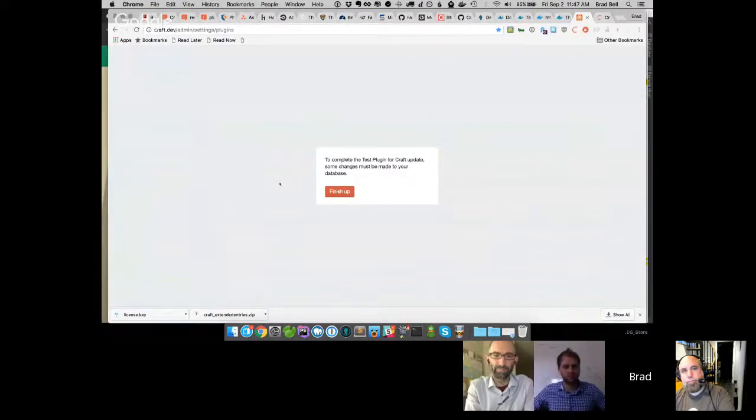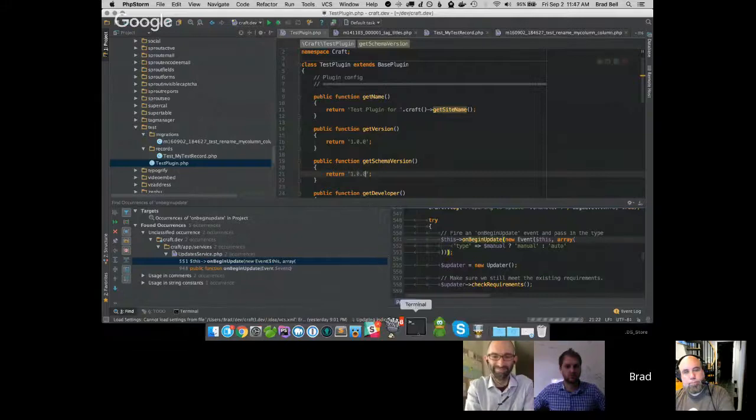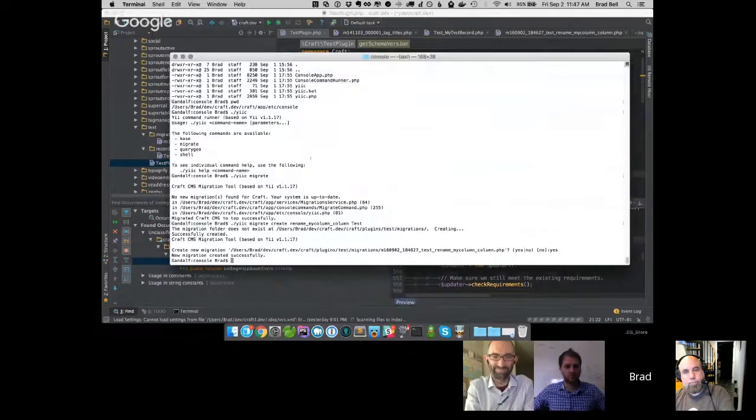If you click finish up, Craft will go through and run the migrations and all that stuff. But everyone knows how to do that. That's no fun. So let's change it back. If you wanted to trigger this from Yii, you could do